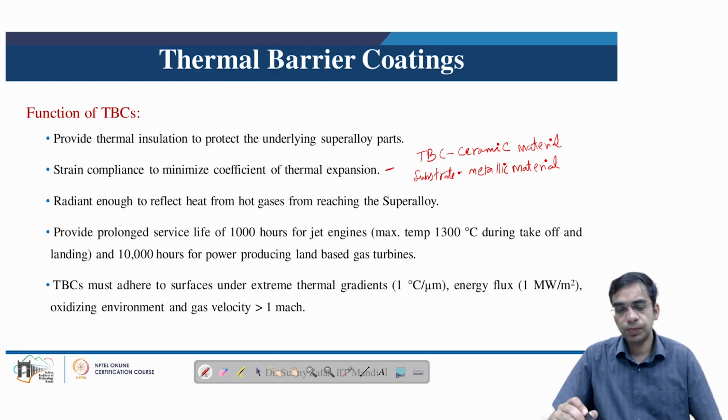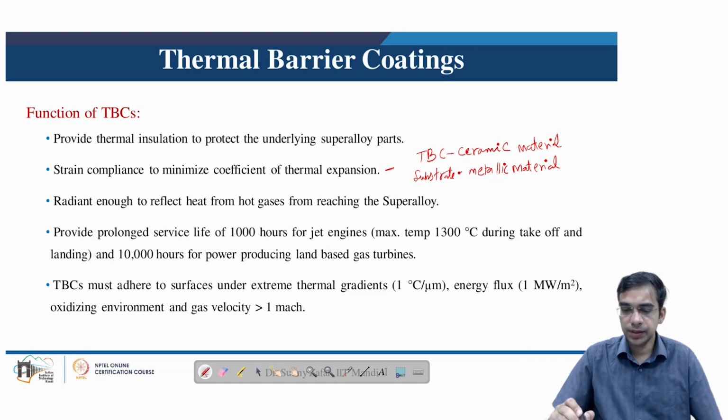The fourth point is to prolong the service life of jet engines, of say 1000 hours, so that they can operate at a maximum operating temperature of 1300 degrees Celsius, especially during the takeoff and landing sequence of the flight. Or it can extend the service life of land-based gas turbines used for power generation up to 10,000 hours. The thermal barrier coatings function under an extreme environment,